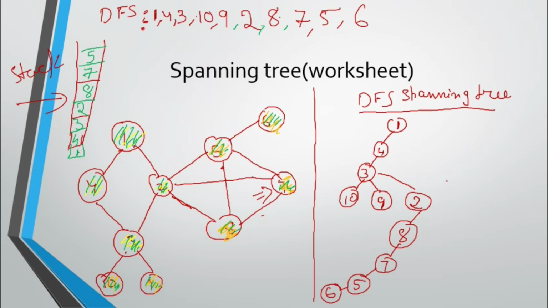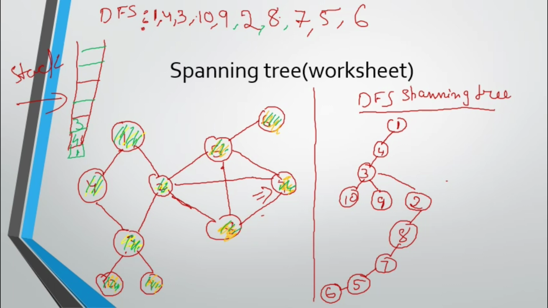Okay, so come back to 5. From 5 can you go anywhere? No, from 5 you cannot go because all are visited. Go back, I mean pop 5. When you pop 5 you have 7. From 7 also there is nothing, all are visited, so pop 7. Then come to 8. From 8 you have nothing, all are visited, pop 8. Then from 8 to 2. From 2 can you go to any vertex? No, all are visited, pop 2.